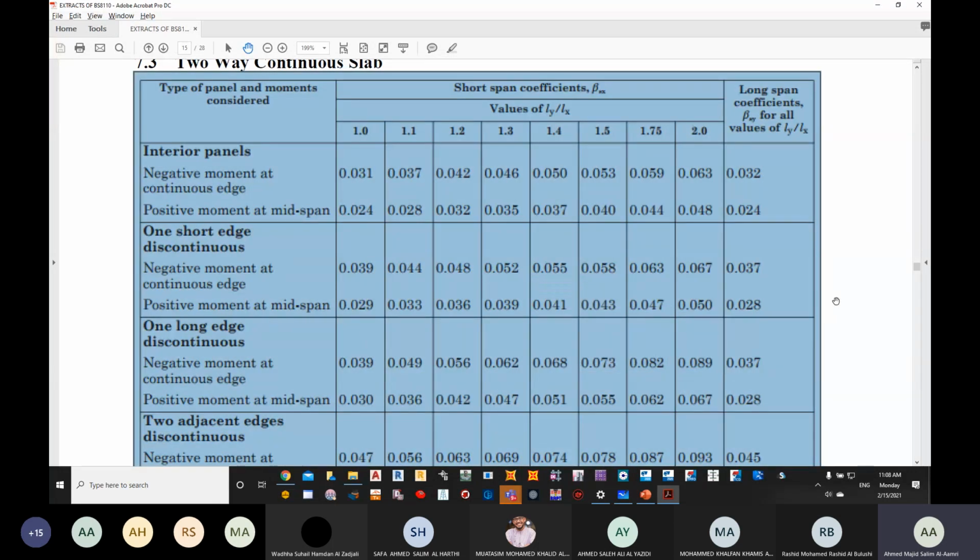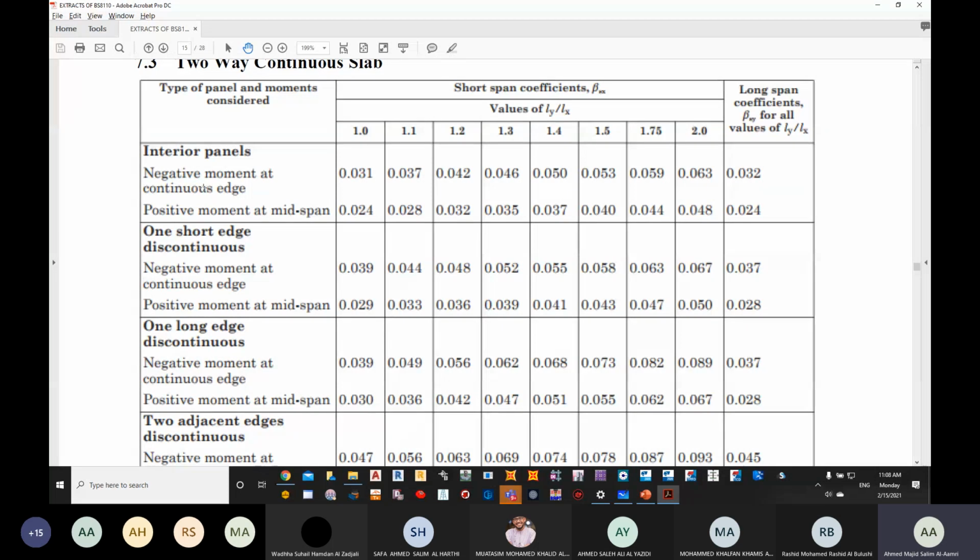Now when we talk about interior panel, what's the meaning first of an interior panel? What is the meaning of interior panel? Can you help me? What's the meaning of interior? It's in the middle. Okay, interior means it's in the middle. In the middle means, do we have surrounding slabs? If it's in the middle, do we have slabs on the side? So the first type, it is interior slab. It means that the slab is going to be at the middle. It is surrounded by